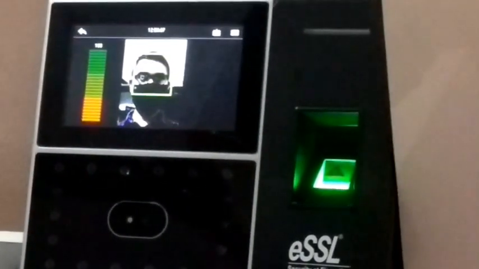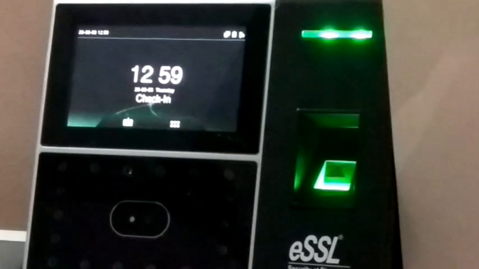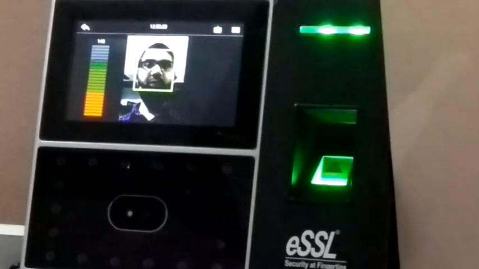Now we have put the mask on almost properly, so the device is not able to identify. It means it will work till this position, not more than that. Okay, that's it. Thank you.